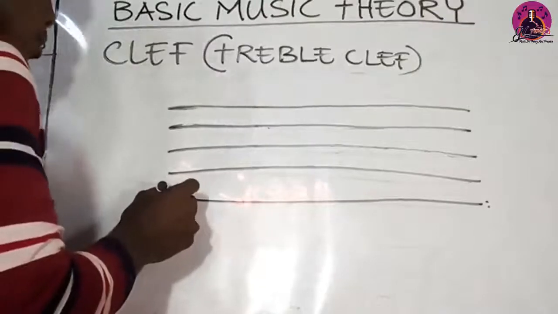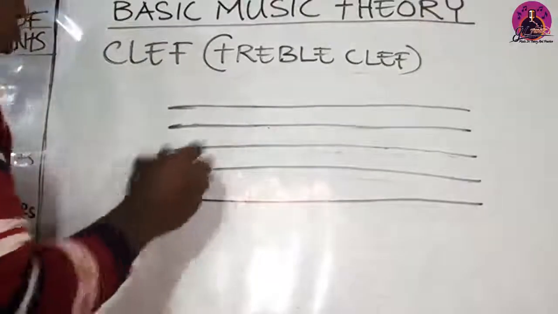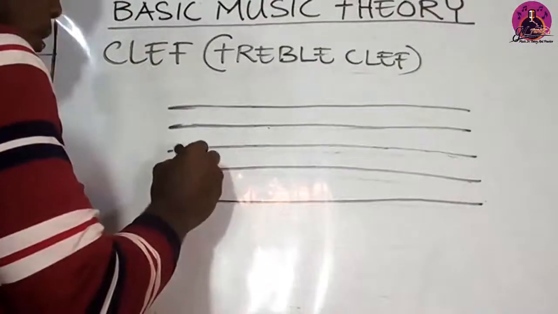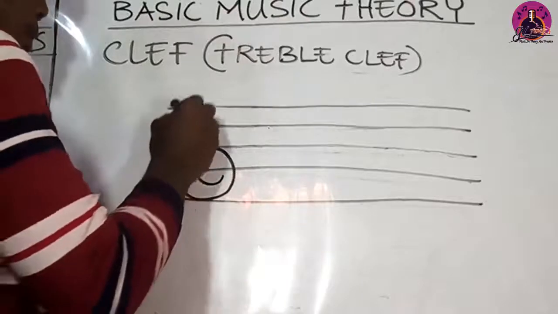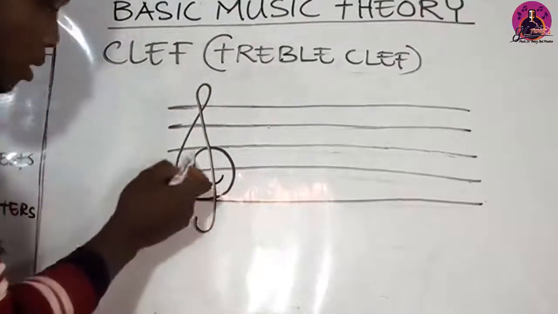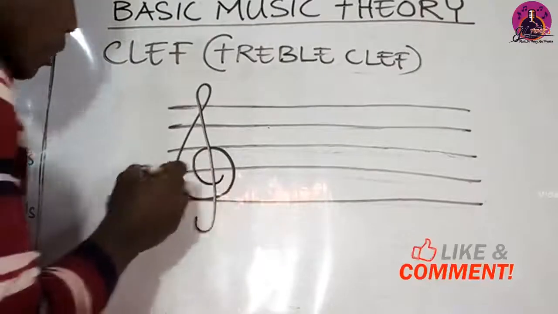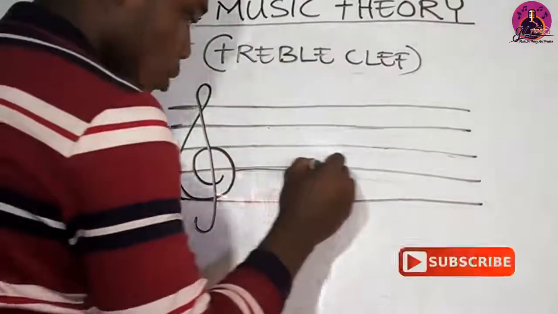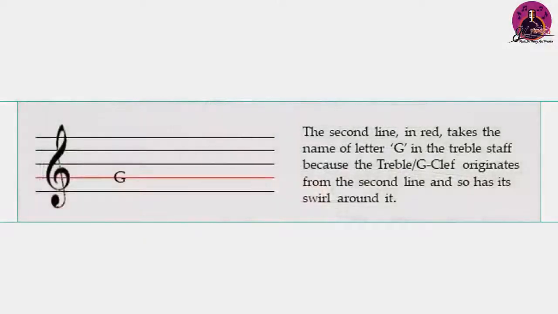The treble clef starts like this, goes round the second line, then finds a way to curl up and then comes down. Notice that the main circle is somewhere around the second line, and this treble clef is also called the G clef. It's G clef because it starts from this second line and